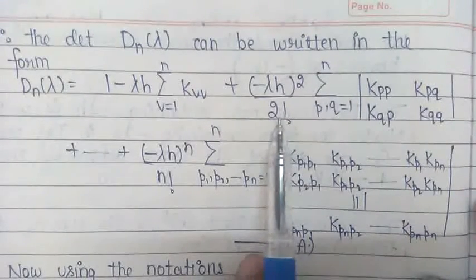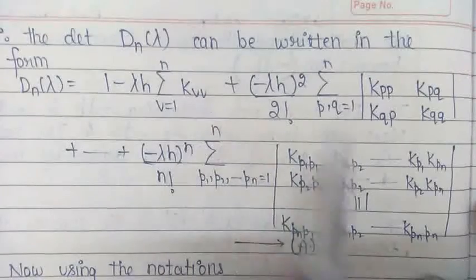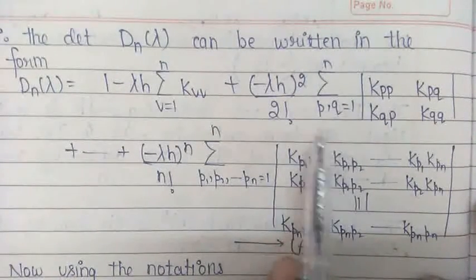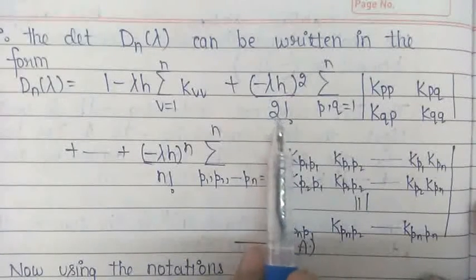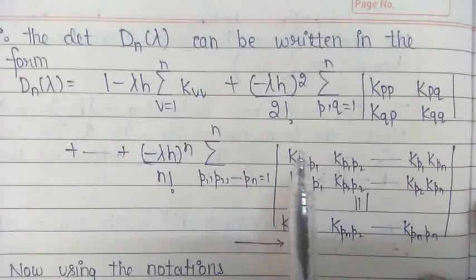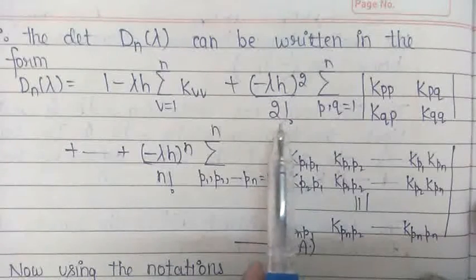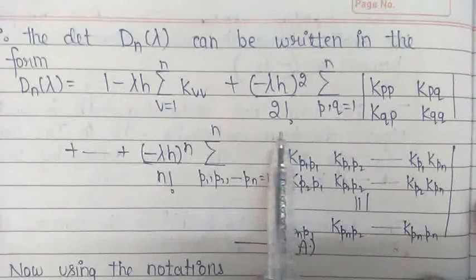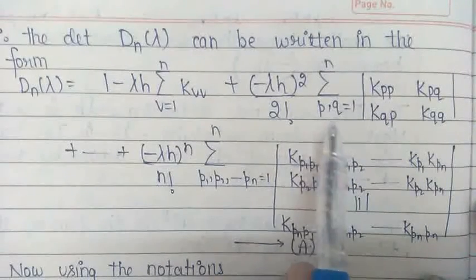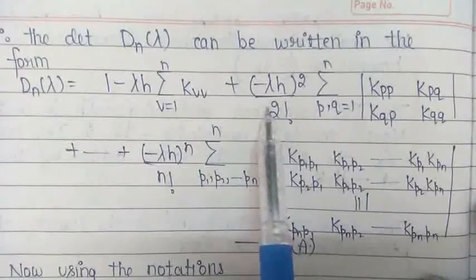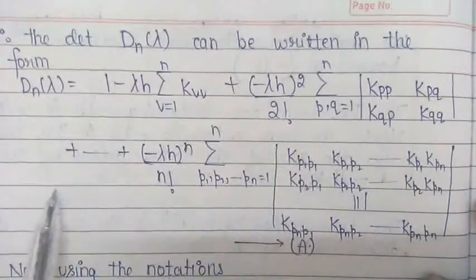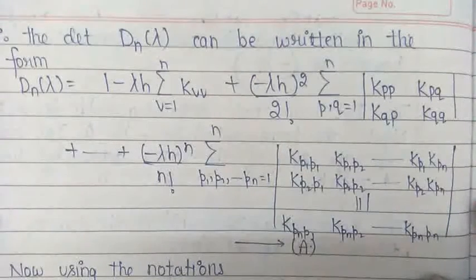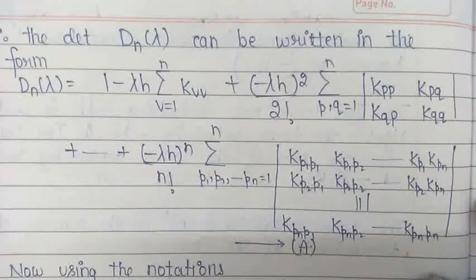Here we have taken 2 factorial in the denominator because in this sum we are taking all the permutations of the pair pq. You know that if we have 2 elements, then the number of arrangements that can be formed using those 2 elements is 2 factorial. That is why we have divided by the corresponding number of permutations in each term. So in this term, for a pair we have 2 permutations, therefore we have taken 2 factorial in the denominator. In the third term we have the triplet pqr, so using the 3 elements you can have 3 factorial arrangements.